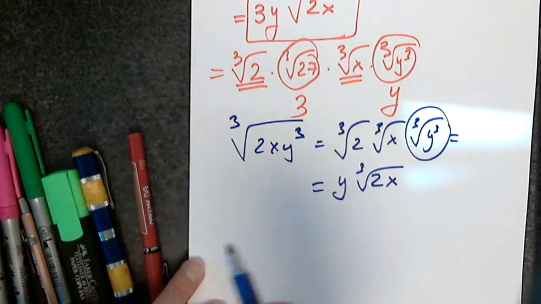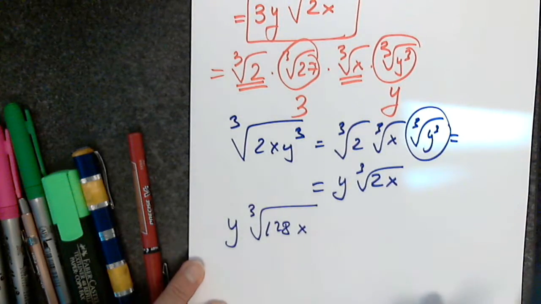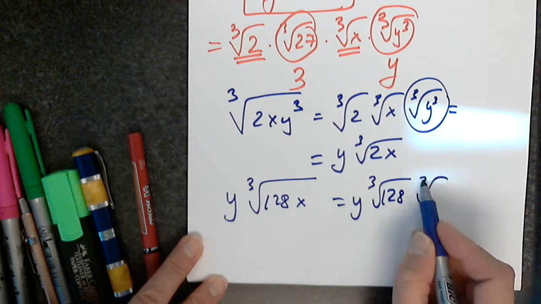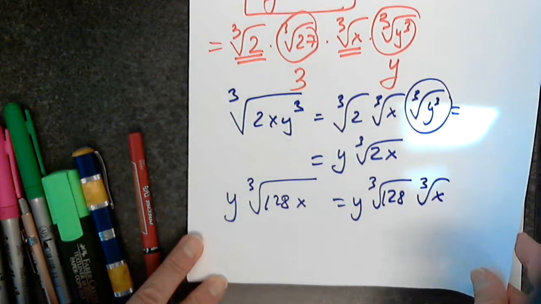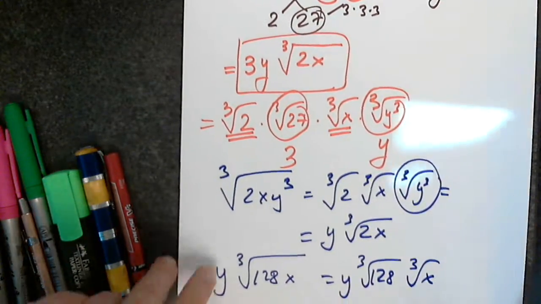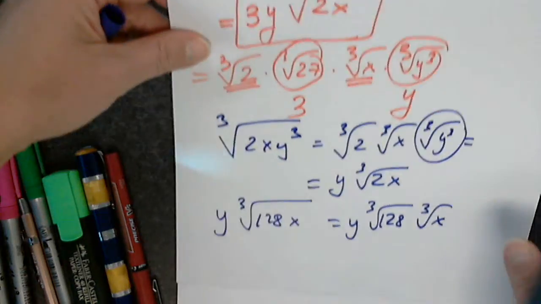Okay, now the third one is y and the cube root of 128 times x. So this will be y, the cube root of 128, and the cube root of x. Like before with 54, I don't know what 128 is. Let's say 54, I meant, not 27. So